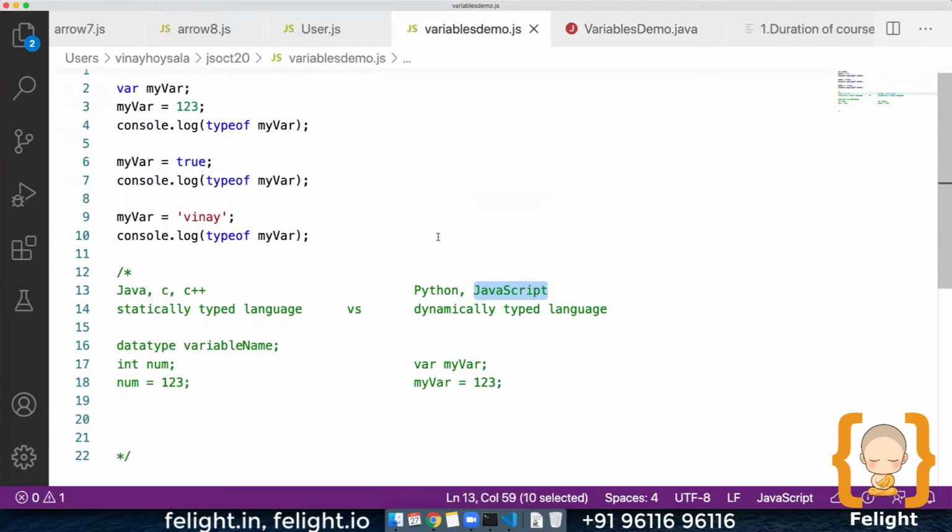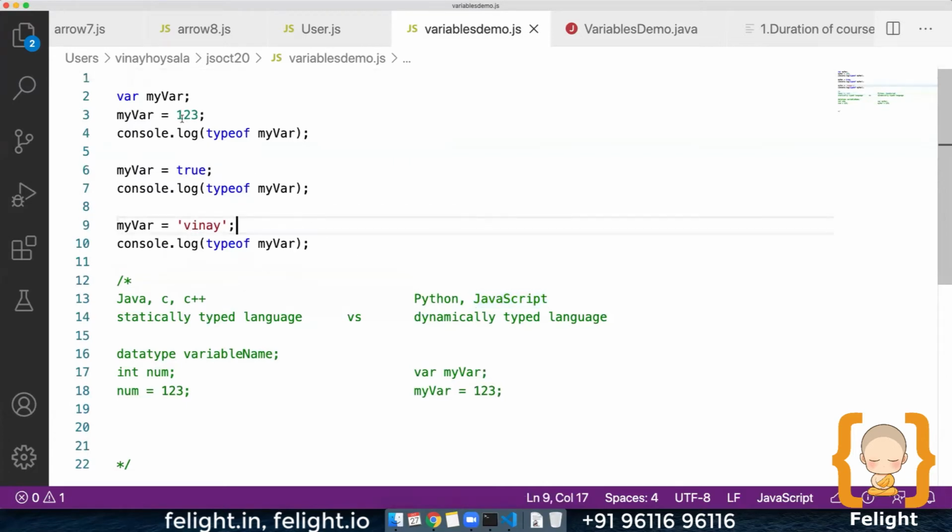Guys, you're able to understand what I'm saying? Yes, sir. Awesome. So why is it called a dynamically typed language? Based on the value that we assign to a variable, the variable becomes of that type dynamically. So that's why it's called a dynamically typed language. The same is also true with Python. You can have one variable, you can assign a number value, you can assign a string value. In Python also the data type becomes of that type.